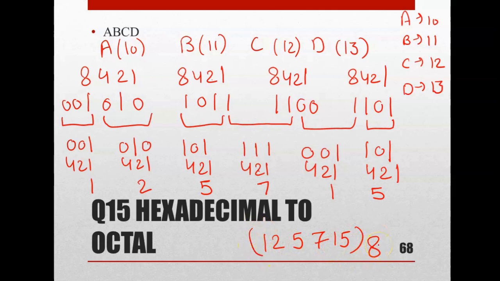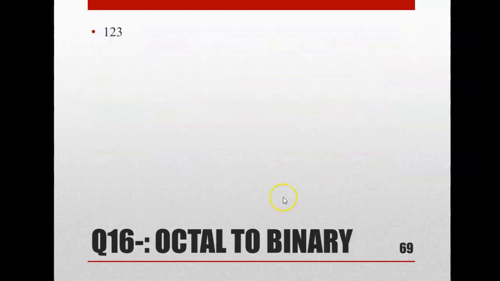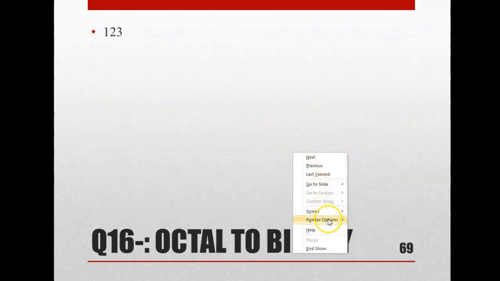So I hope you are clear with all these questions. How can we convert hexadecimal to octal? Again, I am repeating, hexa to octal, we are not converting directly. First, we are taking an in-between binary value, and then we are taking a group of 3 bits to convert it into octal, right? So we finished all the 3 parts of this question.